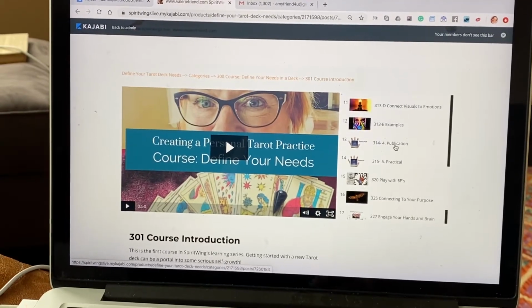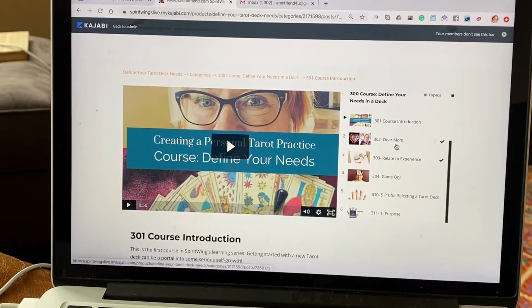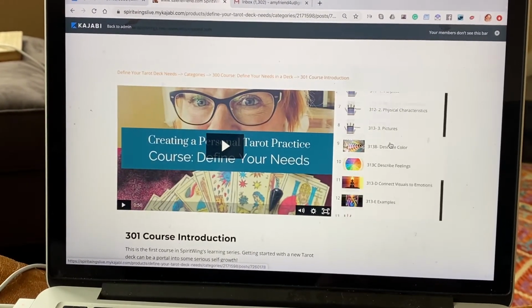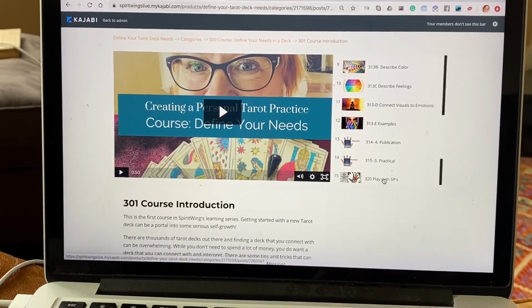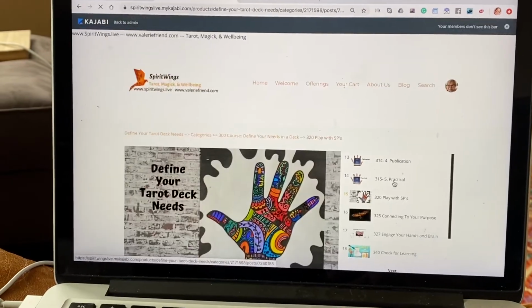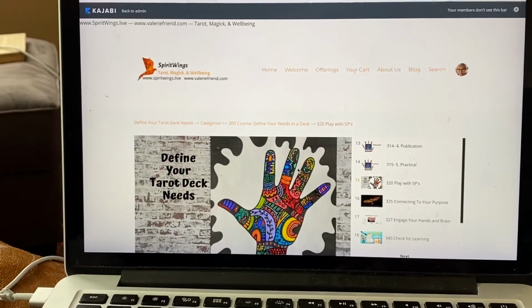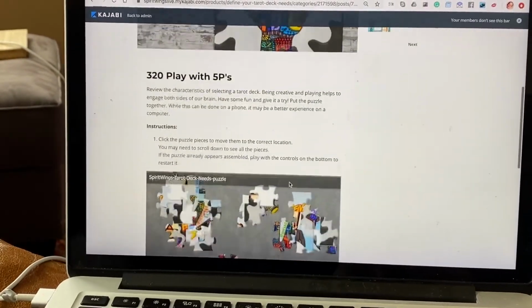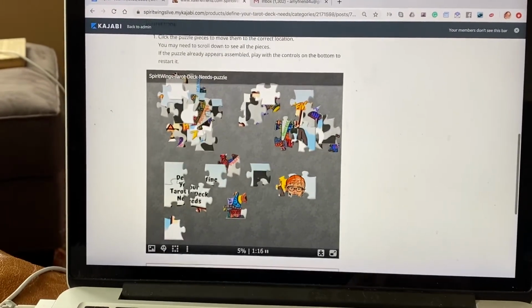A couple other cool things. So as you can see here, they go through all these different topics, but there's a couple of cool things that I really like. One is at the end of this module. It's called Play with the 5 Ps. And what's cool about this site is you can access the raw HTML code and put in there some cool stuff. And so, for example, here you can see that I've embedded